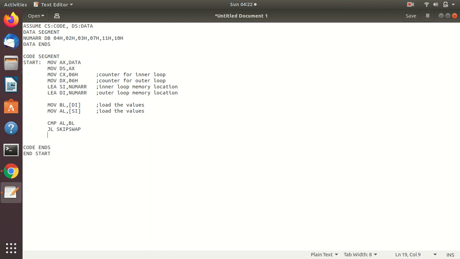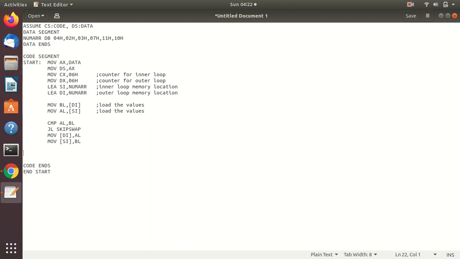Okay, in this case we don't need to swap if the value is less. So here what I will do is move DI. Okay, so DI. So here whatever we have written will inverse these two things. Now here I will transfer AL data to BL. So for that I am writing this, move SI comma BL.